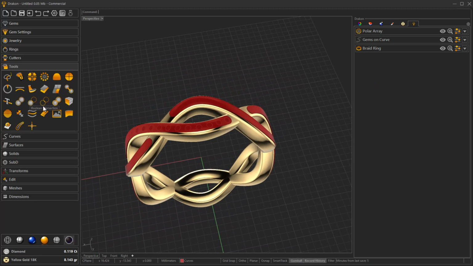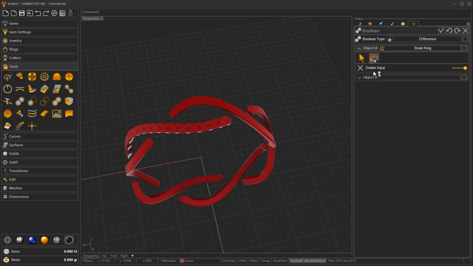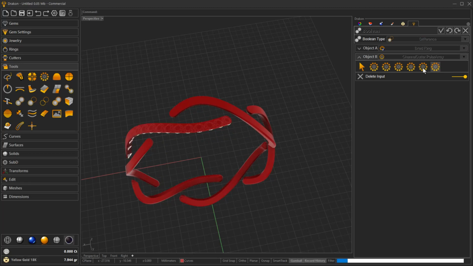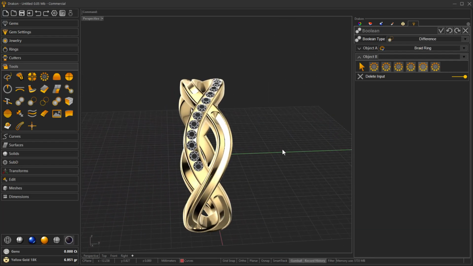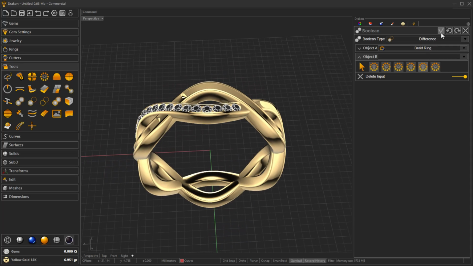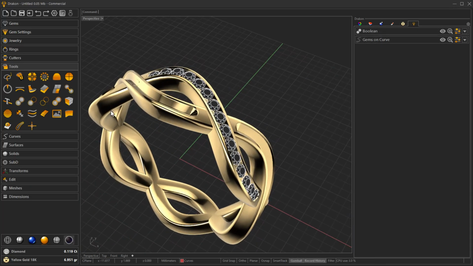We can move to the next step, which in this case is to make the Boolean difference. So I'm going to select the braid ring and the objects to remove on the second object selector. As you can see, I just need to select all of them. And as you can see now, we can move to the next step,